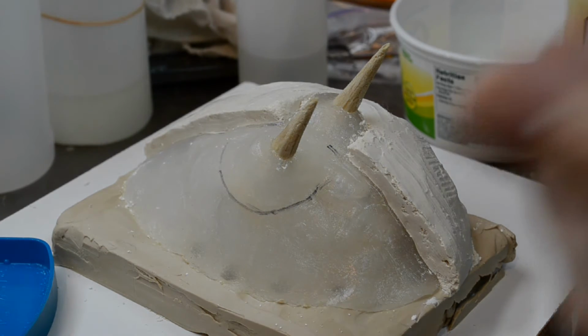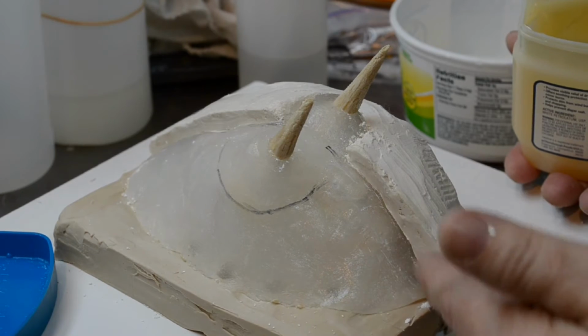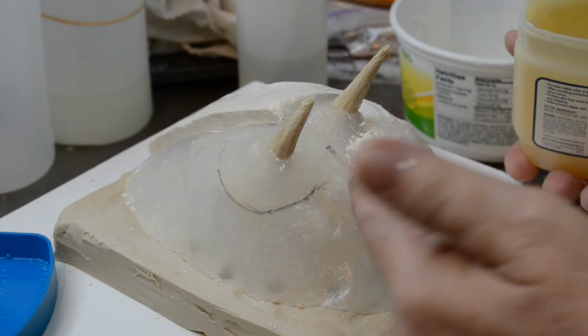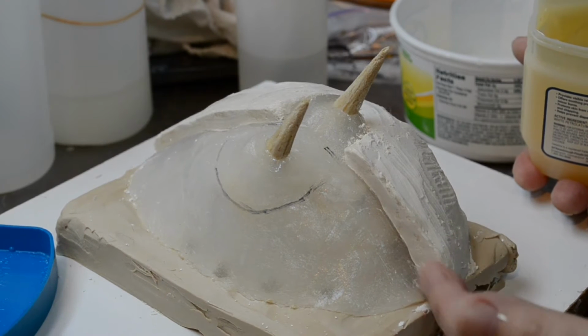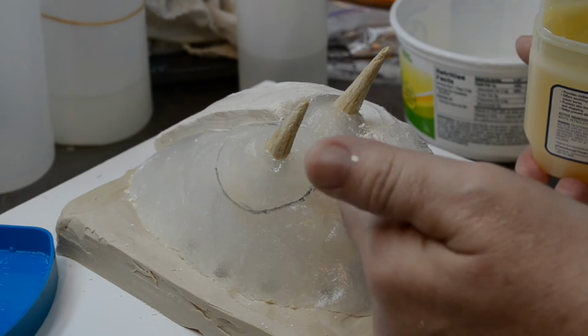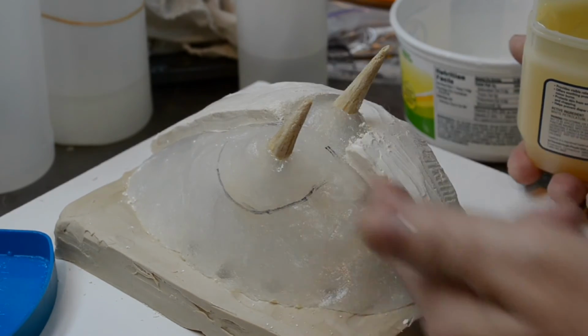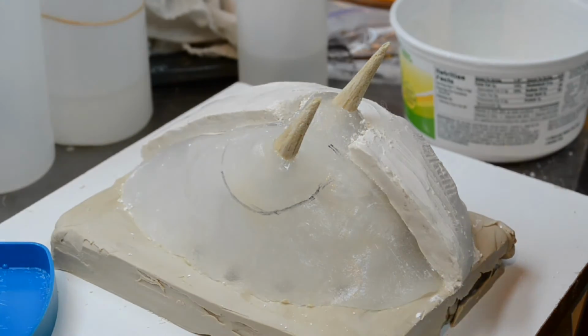Vaseline works well. And I like the Vaseline, one, because it's convenient, and two, as you apply it, it does not start soaking into the plaster the way some of the other things I mentioned would start soaking in. So the first thing I want to do is I want to get the facing upright wall of the plaster. I want to get this well coated,